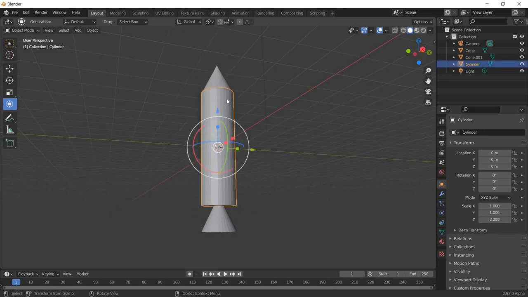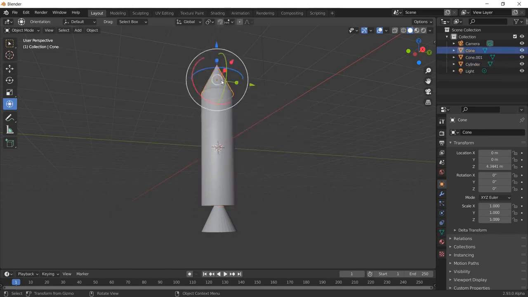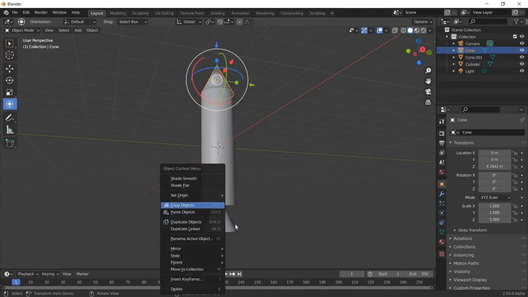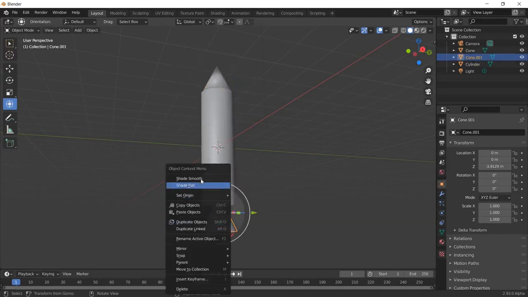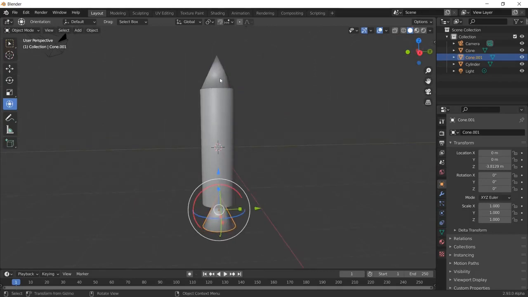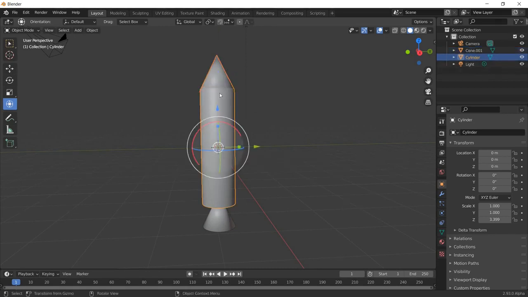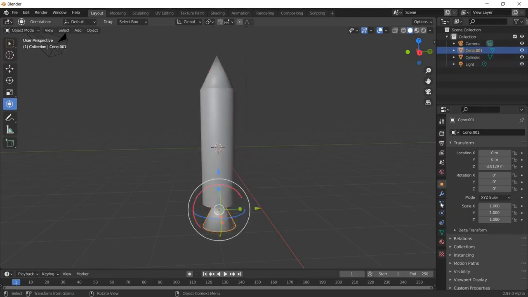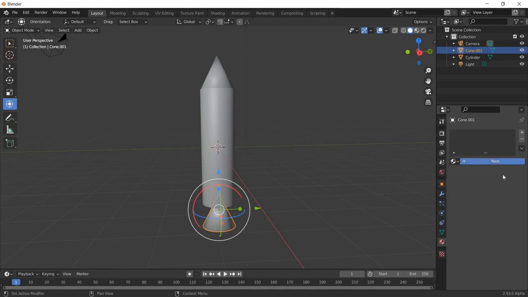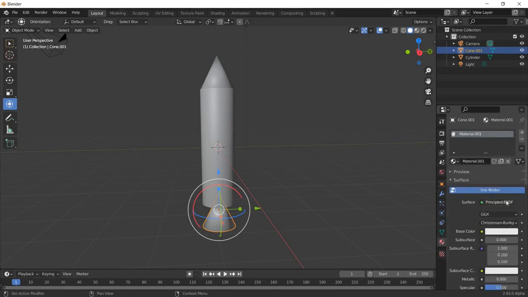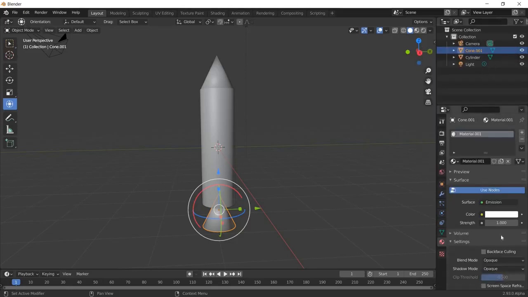and we can also right click on this and also on this one, shade smooth. So now we need to click on this one and then this cylinder and press Ctrl J on the keyboard. So now both are one part, and we can go to the material tab and add new material. Then you can change the surface to emission, and you can just make it like 50,